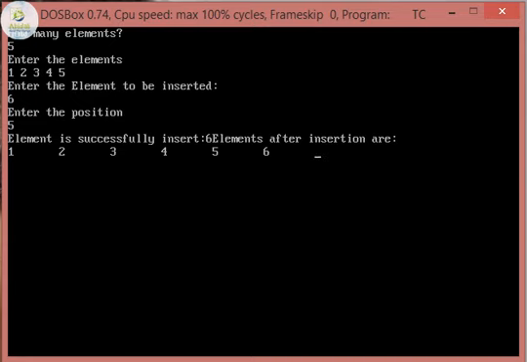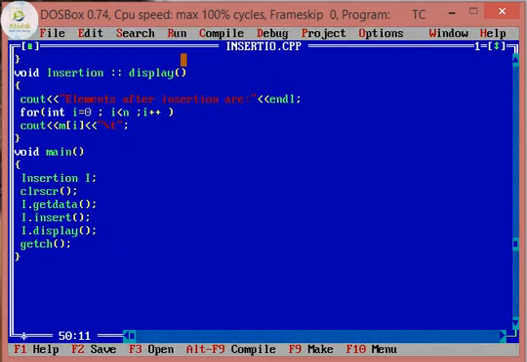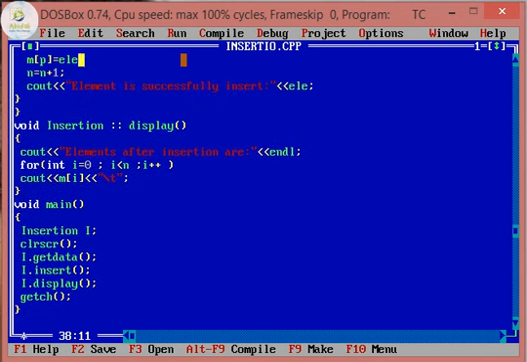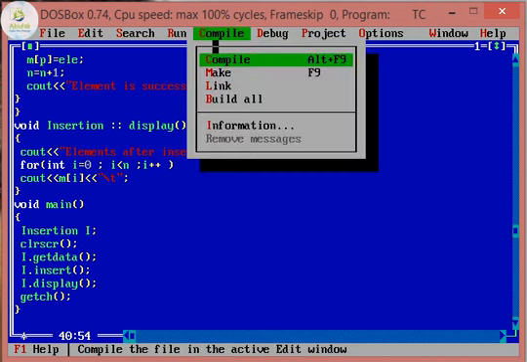The element is inserted successfully, elements after insertion are displayed in the same line. Let us make the correction so that it won't join. I will add an endl that will move the cursor to the next line.